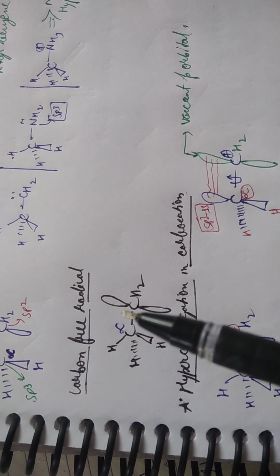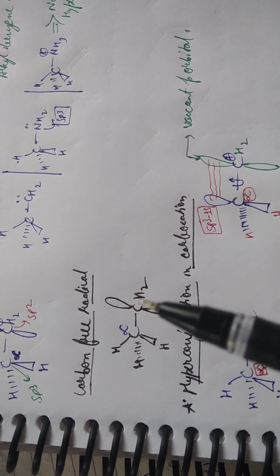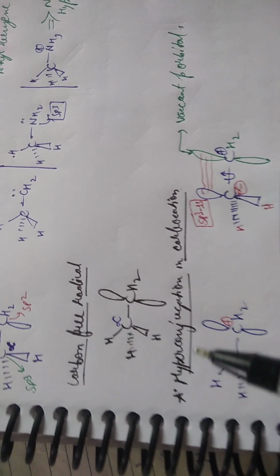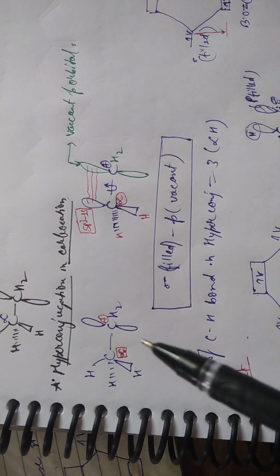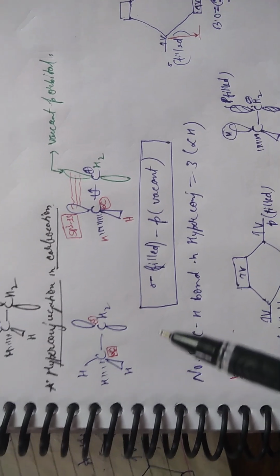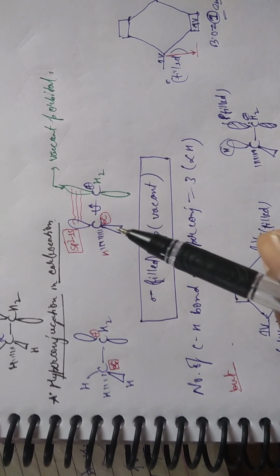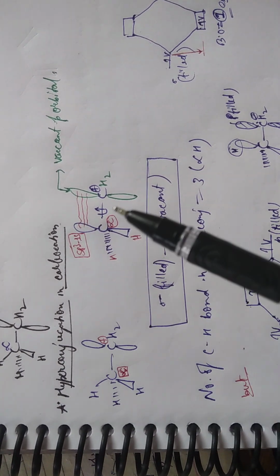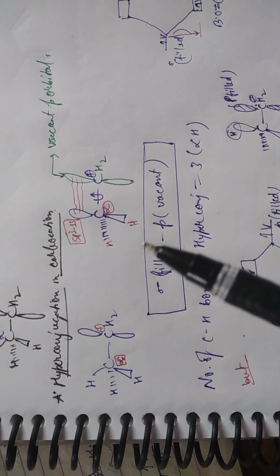Here you will see the explanation. Actually it is an orbital diagram. It has a vacant orbital. It is sp2, and this is the alpha carbon, and these will be called alpha hydrogens. Next, hyperconjugation in a carbocation. This is actually the explanation of sigma-p conjugation. This is an NCERT diagram, explaining the orbitals and how the hyperconjugation takes place